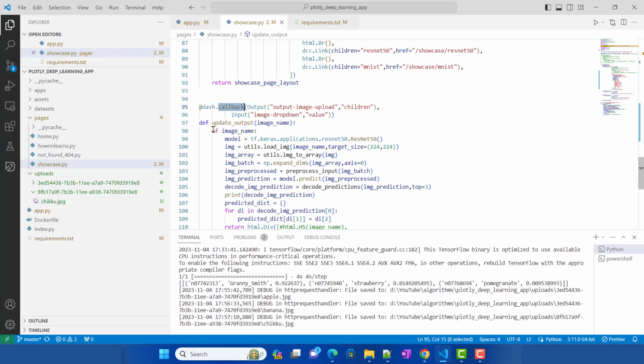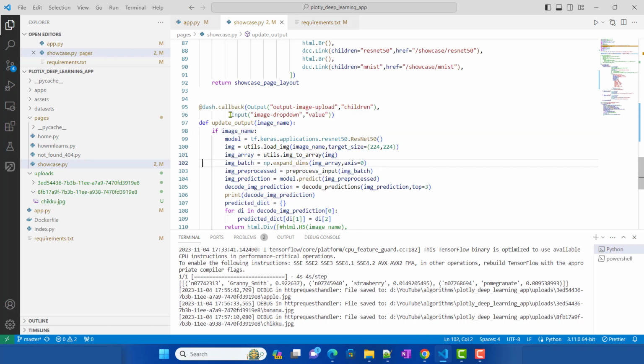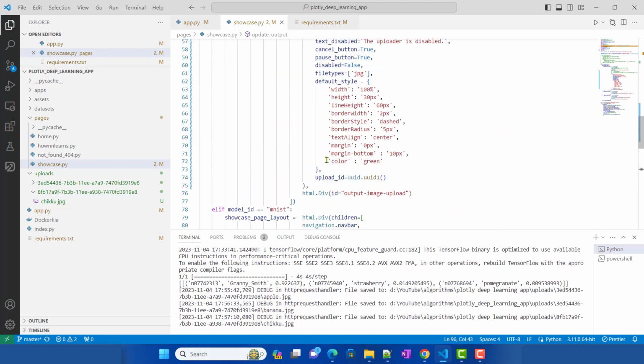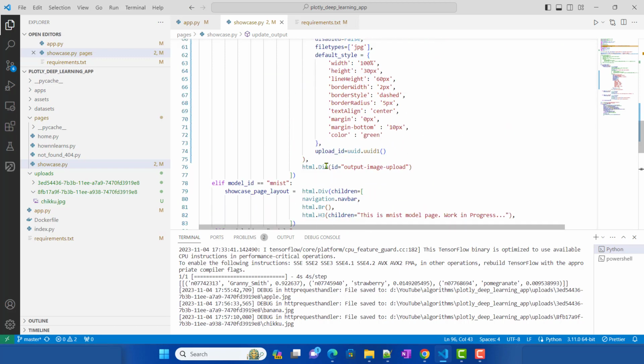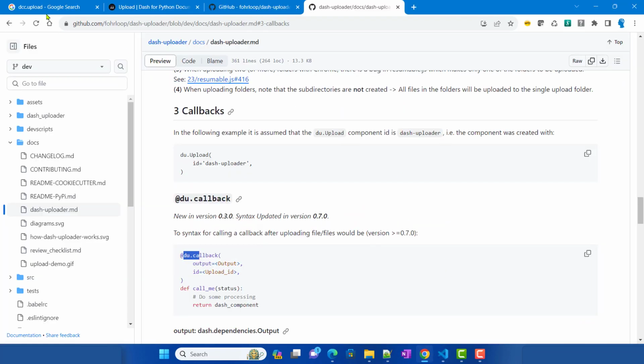Now if you carefully see it, the callback we developed previously was on that particular dropdown change. So currently you won't be able to use it, so you have to find a way to fire this particular callback. Probably what we'll do is, after this upload, we can just create a button. On button click, we can just fire this particular callback, right? So to create a button, what you can do is,